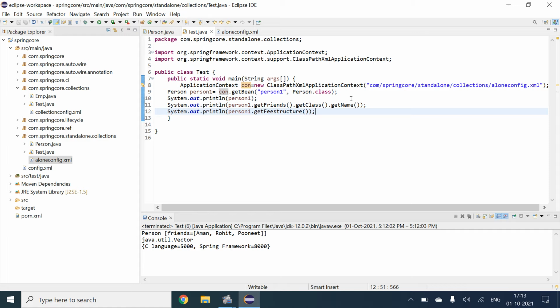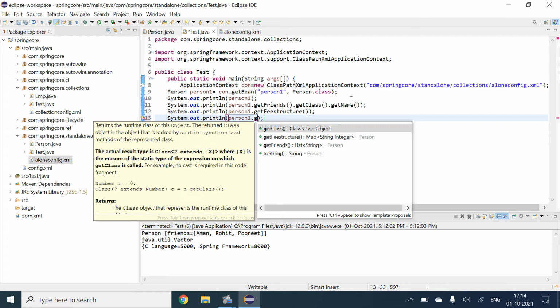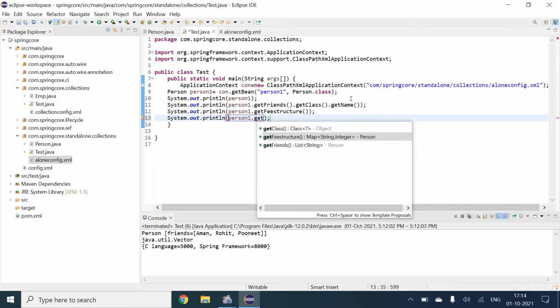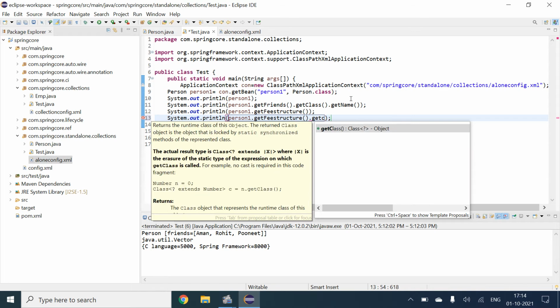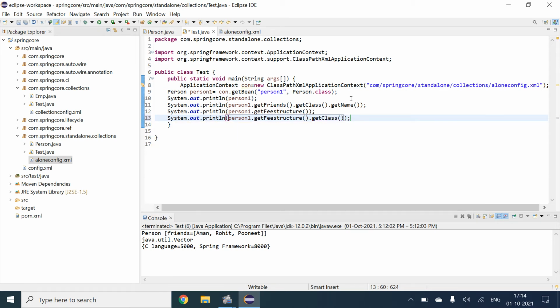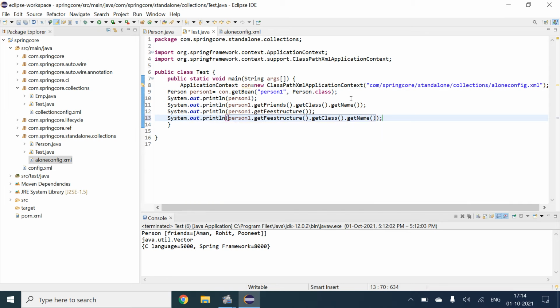So now what we will do is get fee structure dot get class dot get name, and now we will try to run the program and see what output we get.